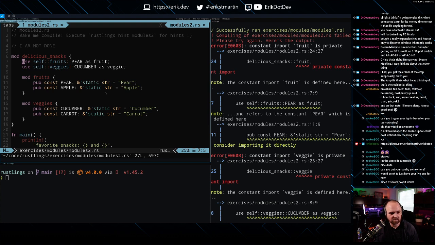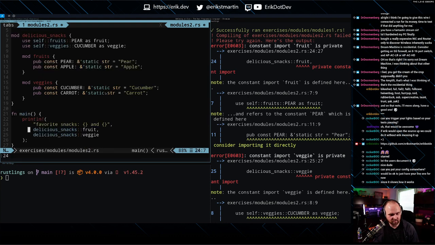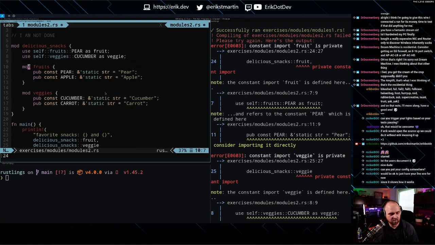Delicious snacks, fruit. Import fruit is private, on line 24. What are we trying to get access to? Delicious snacks, fruit. Is it here?